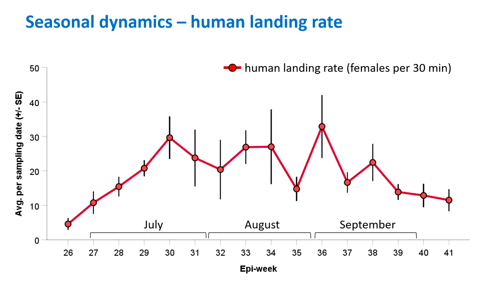And this figure just shows the seasonal distribution of human landing rates. So these represent the average number of females collected per 30-minute landing collection, averaged across all 8 sites across the entire season. You can see there's a lot of seasonal variability. There's a very considerable variability among sites. But generally, we had fairly high landing rates through much of the season, well over 10 females per landing collection, which is considered a pretty high